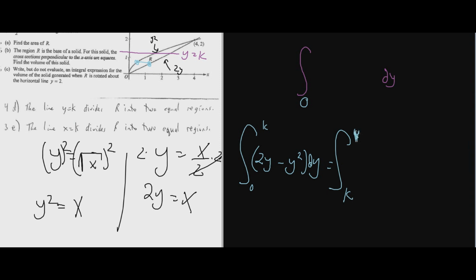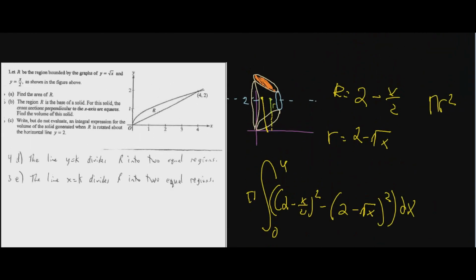if you put 4, you would be wrong, because it's with respect to y. So the first integral goes from 0 to k, and now from k to 2. It's got to be 2. And it'll be right curve minus left curve, which is still the same. This curve minus that curve. So we're going to get 2y minus y squared dy, and there we go. And that's kind of it, my friends. Just wanted to go through some basic ones. We'll go through a few more challenging ones together, but I do think area is a